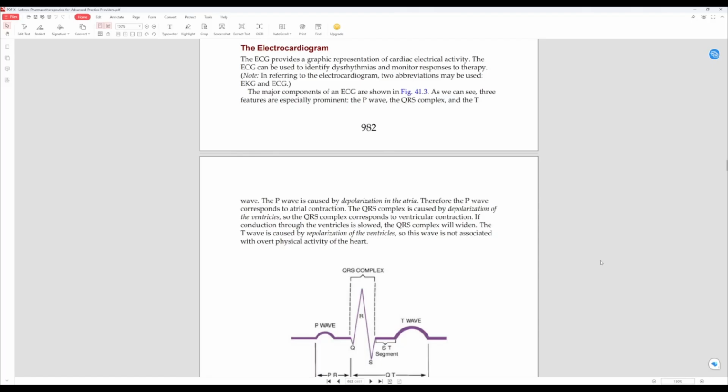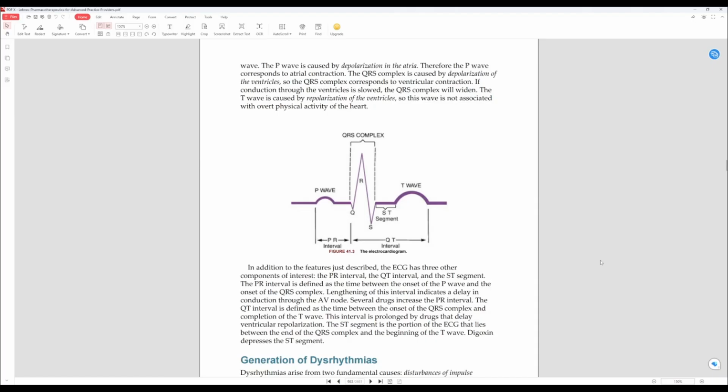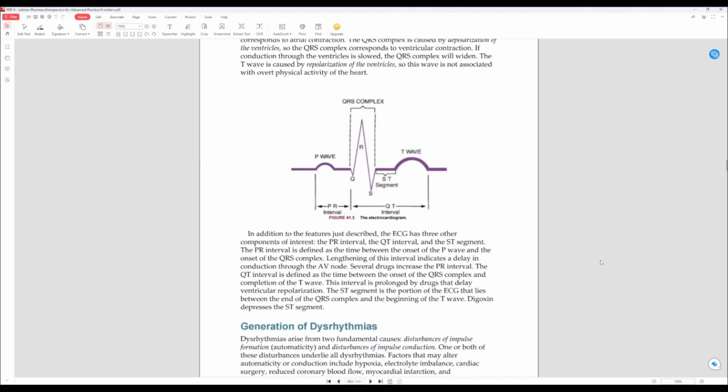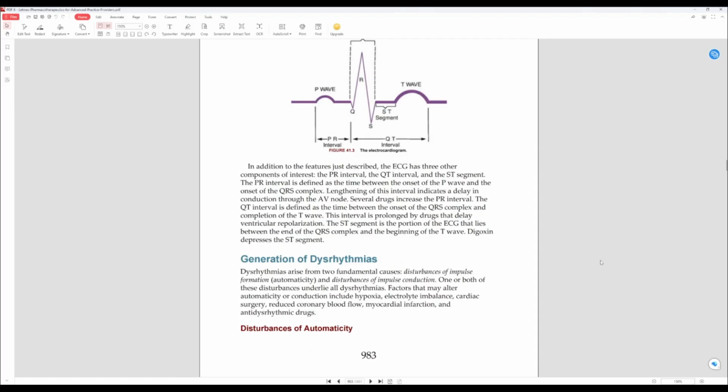The P wave is caused by the depolarization of the atria. Therefore, the P wave corresponds to atrial contraction. The QRS complex is caused by the depolarization of the ventricles, so the QRS complex corresponds to ventricular contraction. If the conduction through the ventricles is slowed, the QRS complex will widen. The T wave is caused by the repolarization of the ventricles, so this wave is not associated with overt physical activity of the heart. In addition to the features you just described, the EKG has three other components of interest: